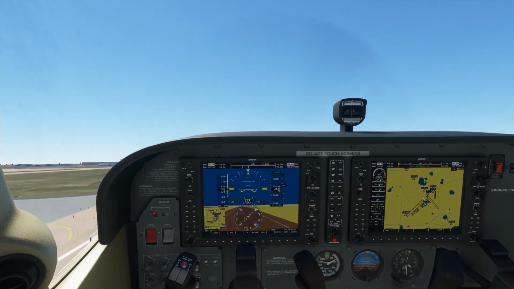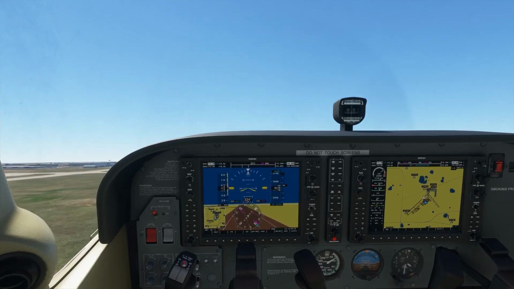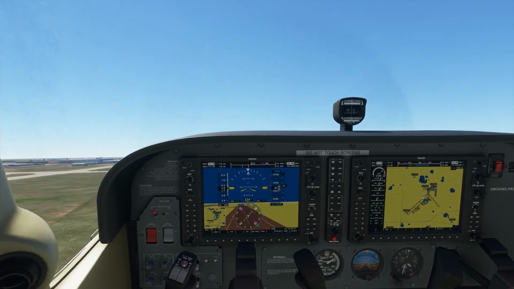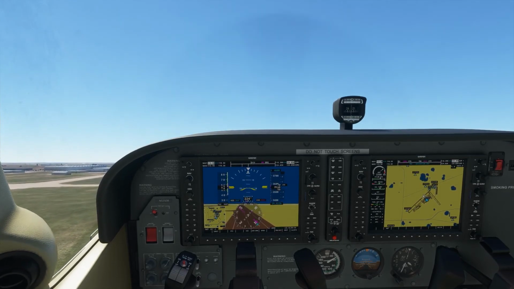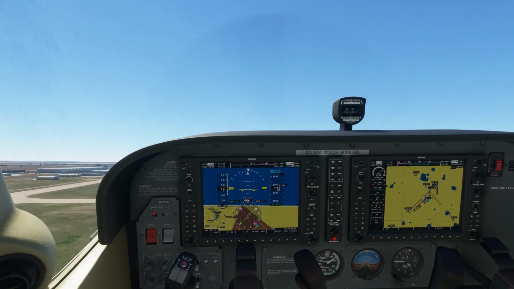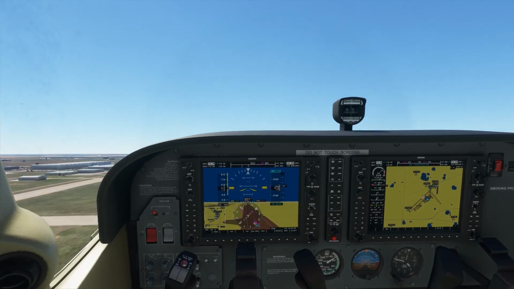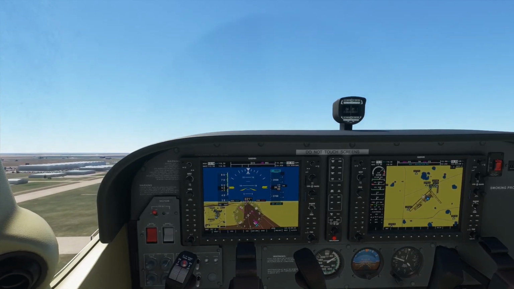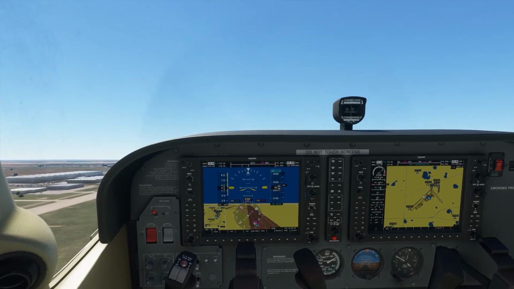As soon as we get up to our cruise altitude, about 1,000 feet above the ground so we can check some stuff out, we'll talk a little bit about what was going on and the issues I was having. As you can tell, it is a beautiful sunny day